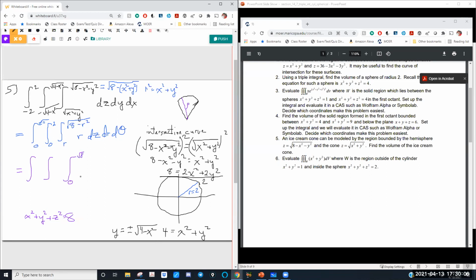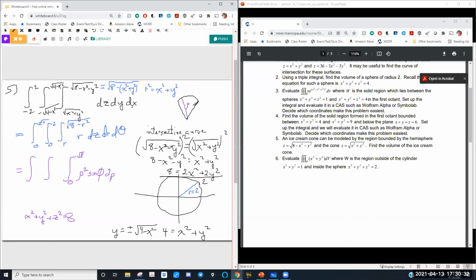So rad 8. We're doing spherical, so we do have to put in a rho squared sine of phi, and we're doing rho first. All right, so that takes care of our first set of limits. Now the next one,